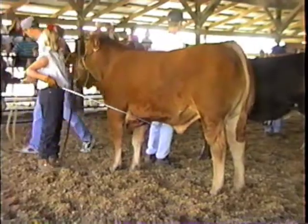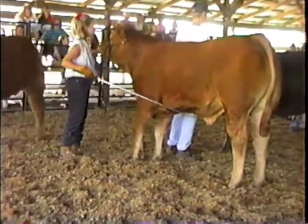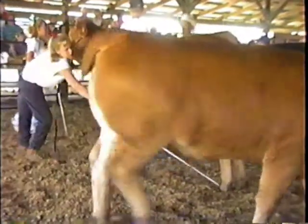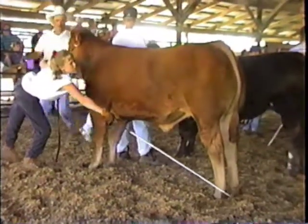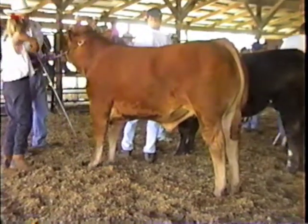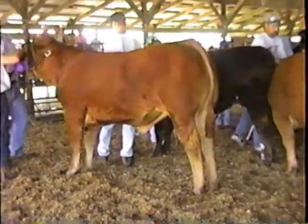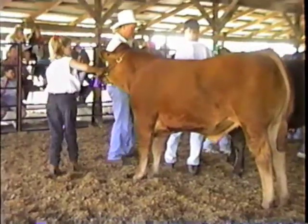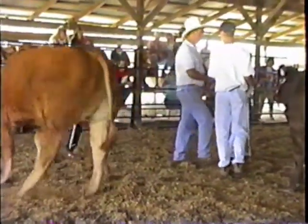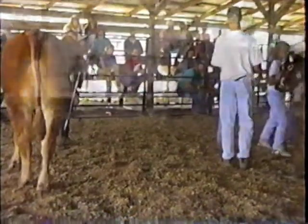The steer that I've selected to start this class, in my estimation, is the highest cutability steer we have out here. I think we can easily project him to possess the lowest numerical yield grade today. He's a steer that as you analyze him, I think you can easily see that he has the most muscle dimension, a tremendously powerfully constructed steer. If I'm going to change him, ideally I would like to...